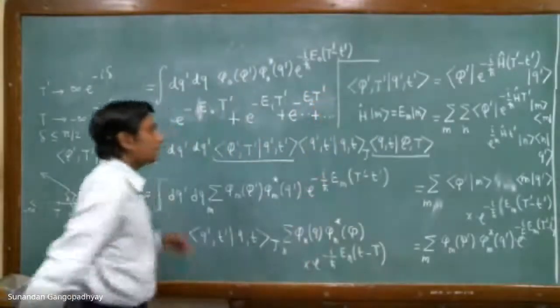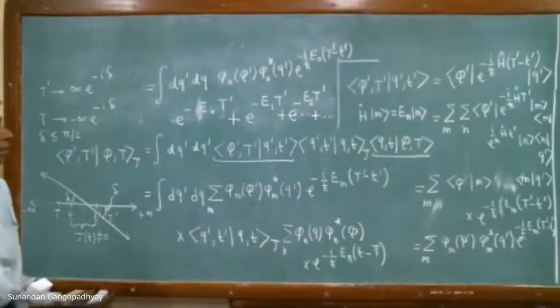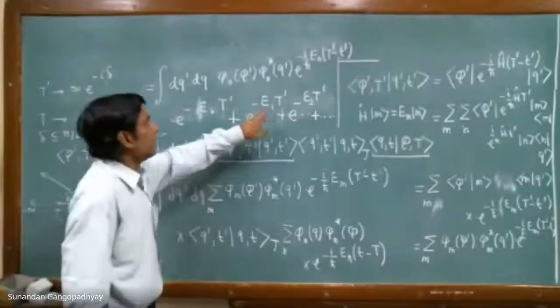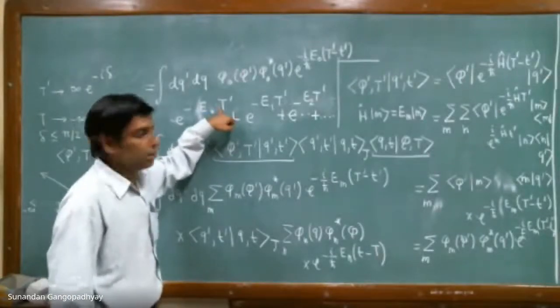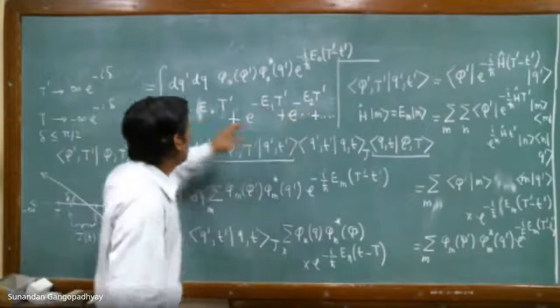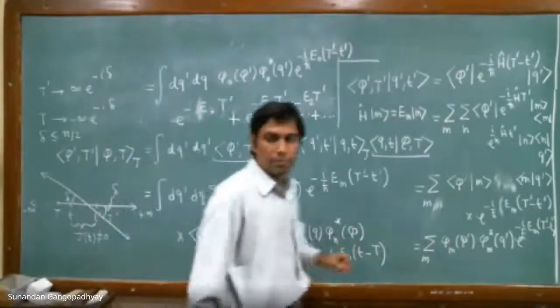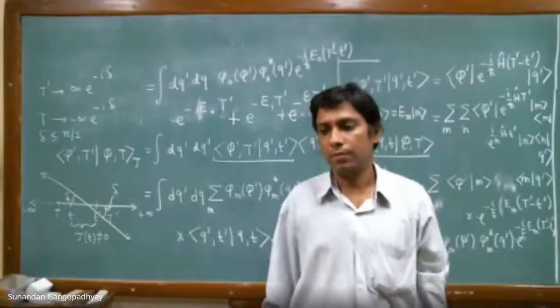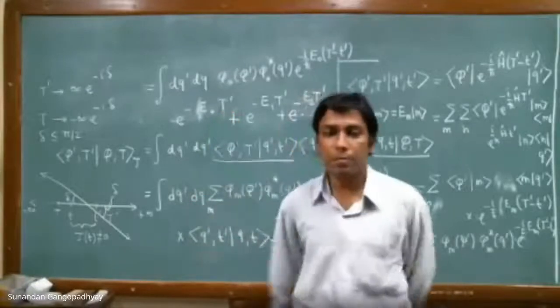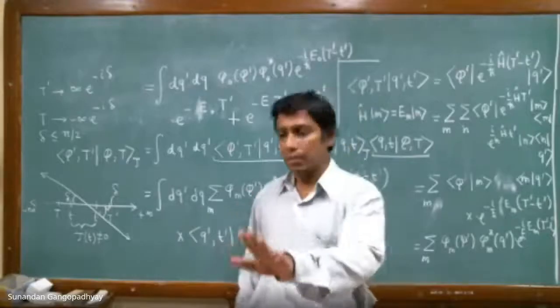And so on. What I'm only saying is that if T prime is very large, then all these terms will be smaller than this term. Sir, T prime is the same for every case. Yes. If we can neglect in the higher T prime order, we should also neglect in the lower T prime order also. Good, good.